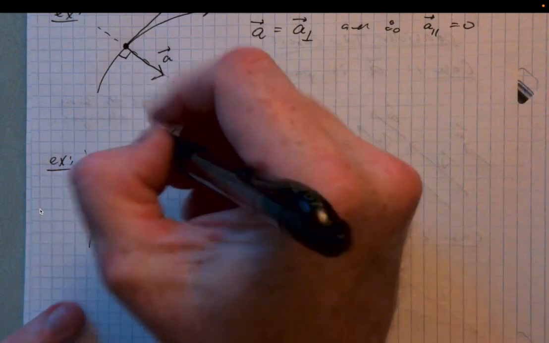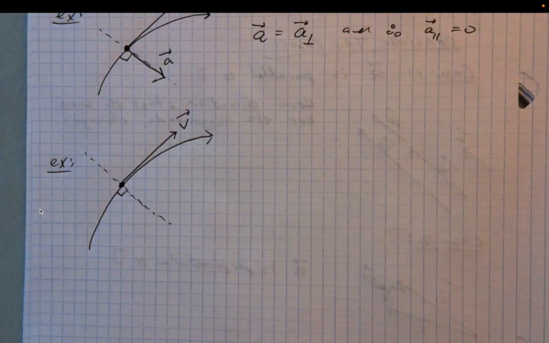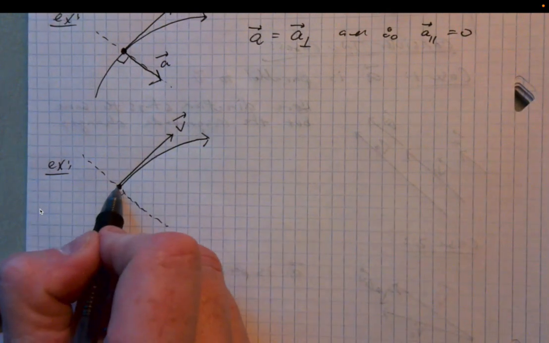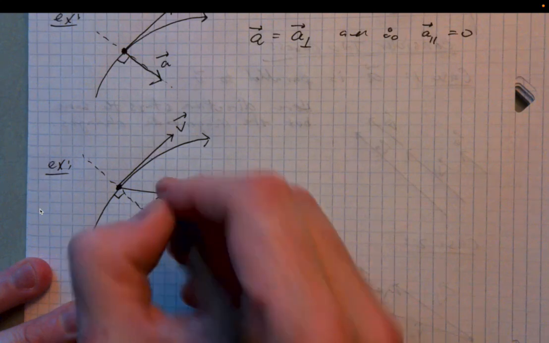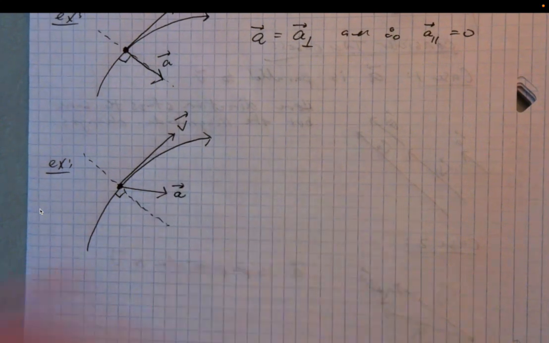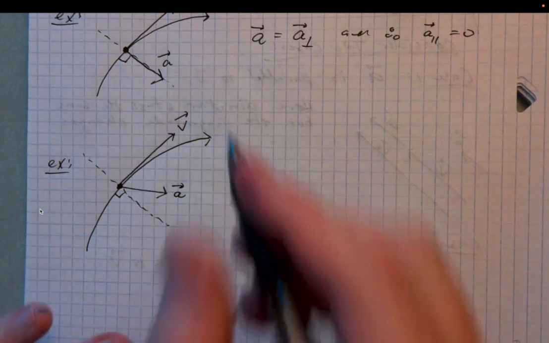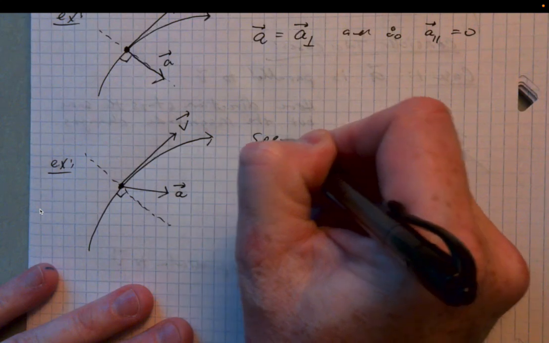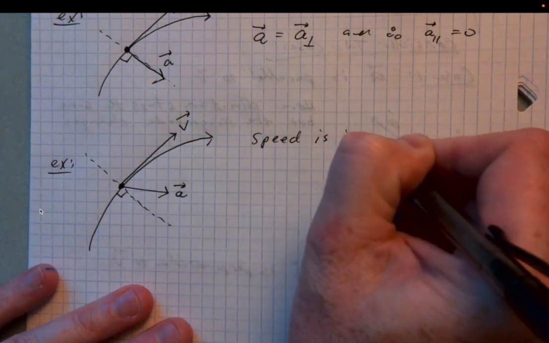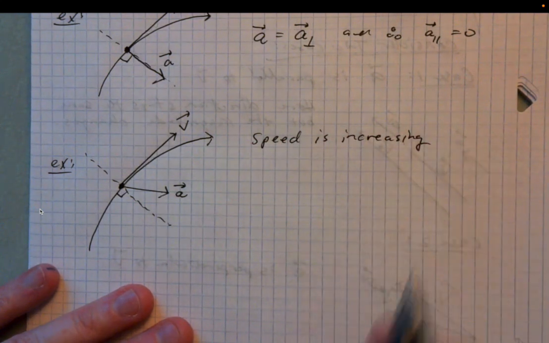So again, the dashed line is perpendicular, it's at a right angle to the velocity vector, which is tangent to the path. Now, what happens if my acceleration looks more like this? Now, what's happening here? In this case, my speed is going to be increasing. My speed here is increasing,